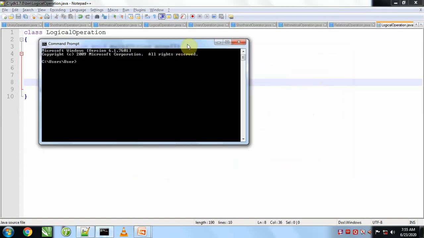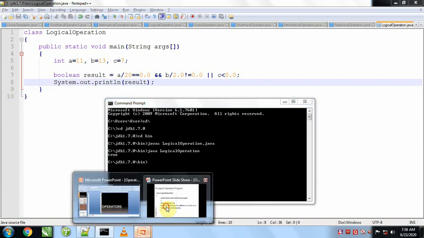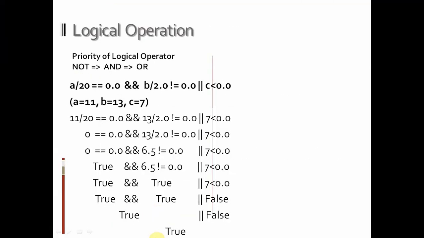We'll open command prompt, cd slash to go to the root directory, cd jdk, tab, cd bin, javac LogicalOperation.java, java LogicalOperation. True. This result is true, and this result is also true.